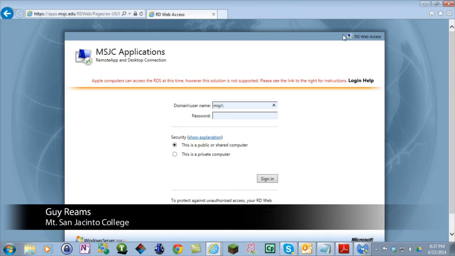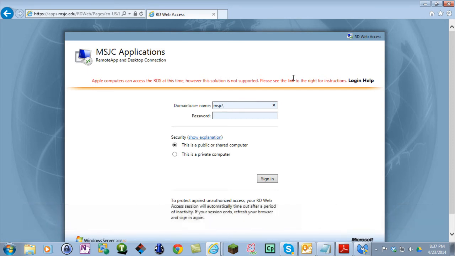Greetings. This video demonstrates how to use Microsoft Visio as published on the Mount San Jacinto College remote desktop connection